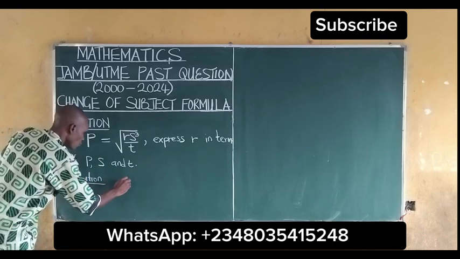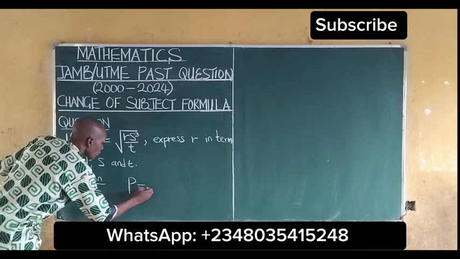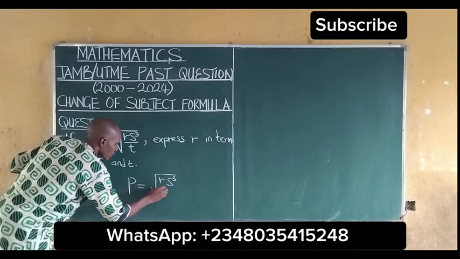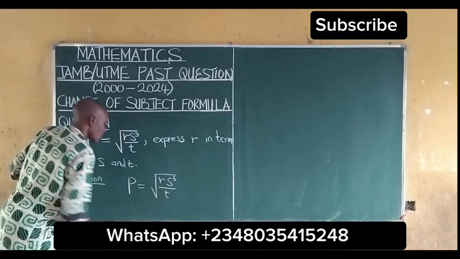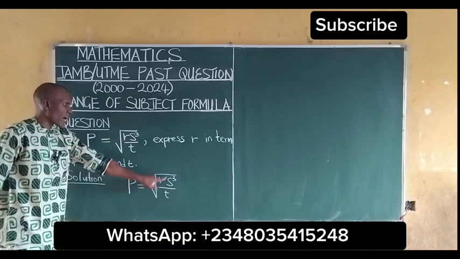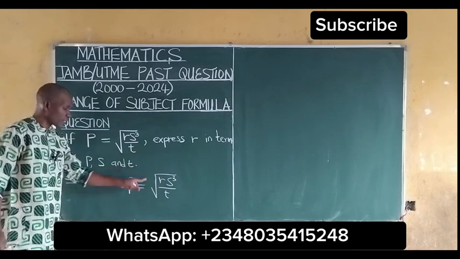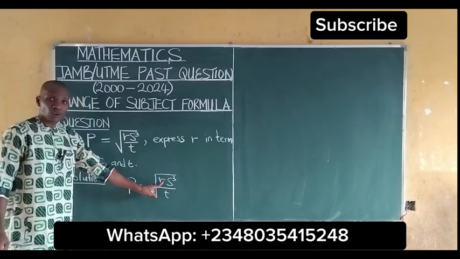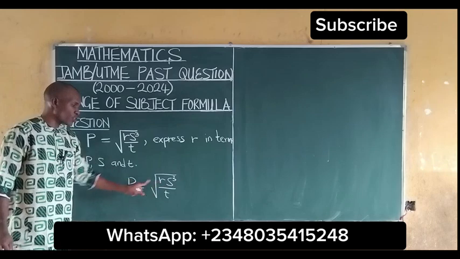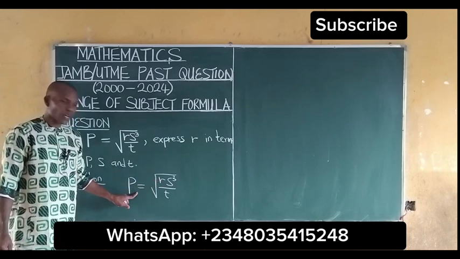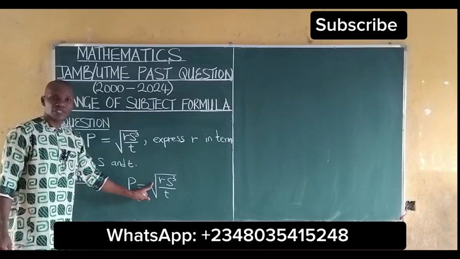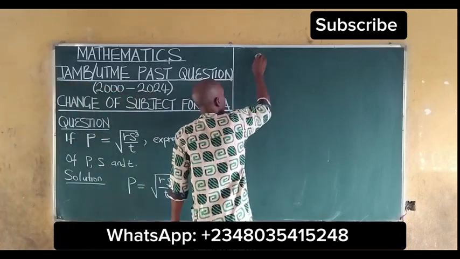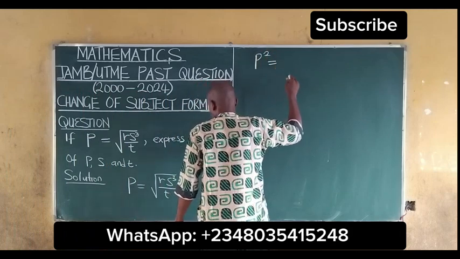The first thing to do, if P is equal to square root of R S cubed all over T, you have to express R in terms of P, S, and T. You are simply told to make R the subject of formula. So the first thing to do is to square both sides of the equation so that we remove the square root sign. If we square both sides of the equation, we have P squared to be equal to